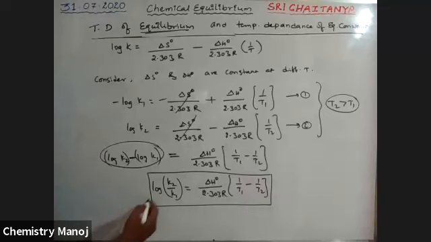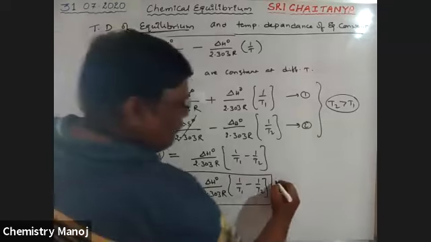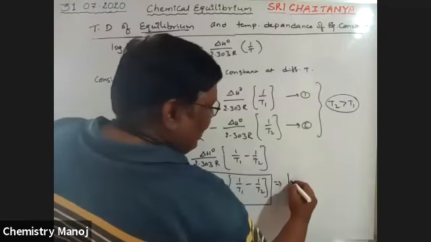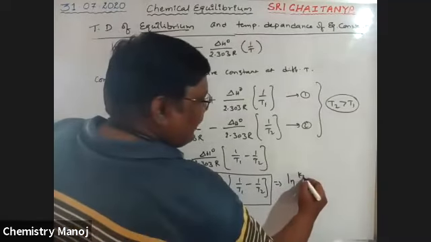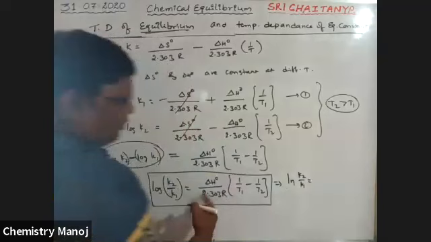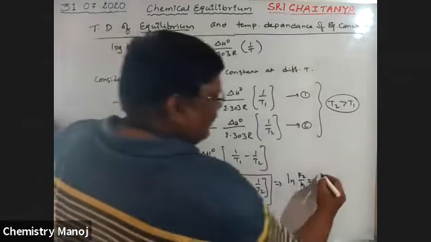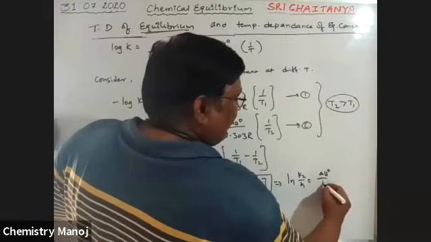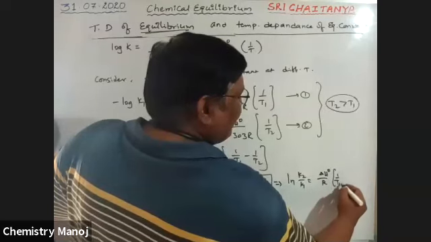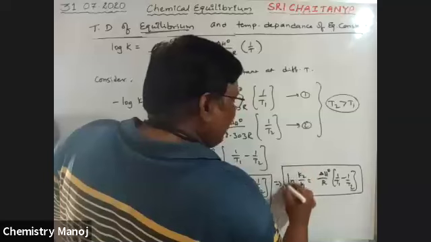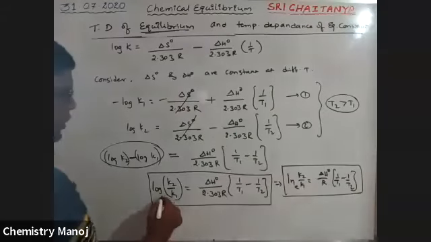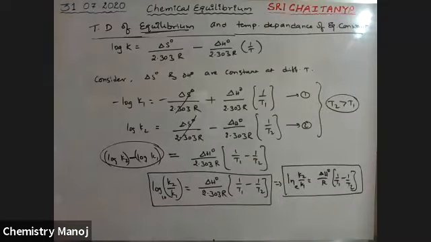So if it is taken as ln, instead of log, I am taking ln. Ln means to the base e. ln K2 by K1 is equal to, remove this 2.303, delta H naught by R into 1 by T1 minus 1 by T2. Both are the same. One is to the base e, the other is to the base 10. So base e and base 10, these are the two important relations to calculate